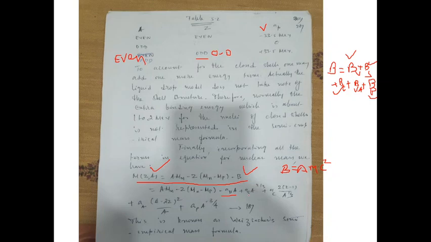So you can see that the surface term has become plus, the Coulomb term has become plus, the asymmetry term has become plus. AP, of course, takes different values, plus and minus. We have seen this in the table here. It depends upon whether it is even-even, odd-odd, or odd-even. So that's how it is written, plus AP. Now this is called the Weizsäcker's semi-empirical mass formula.